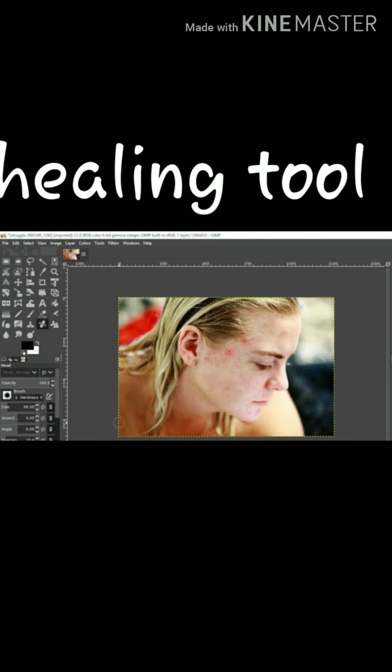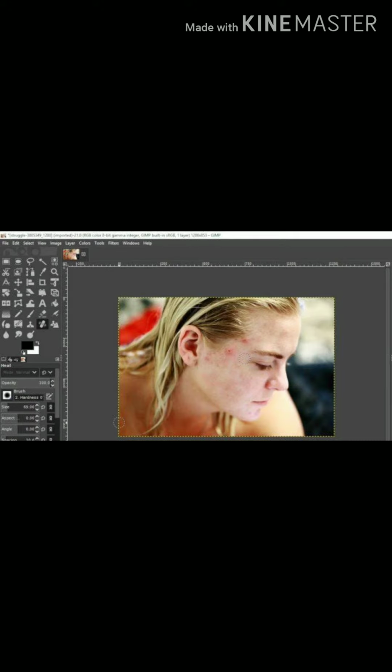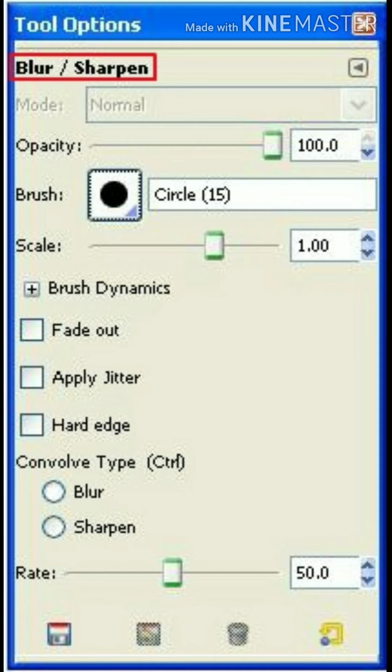The healing tool allows you to press the control key, and those parts you can select, pick the color, and apply where you want to heal. For skin colors in Photoshop, most of the time they are removing wrinkles and healing. Next, the blur and sharpen tool is used to blur the desired parts of the image and mix adjacent colors well. Sharpen is the reverse of blur of the colors, and you will be able to do it.